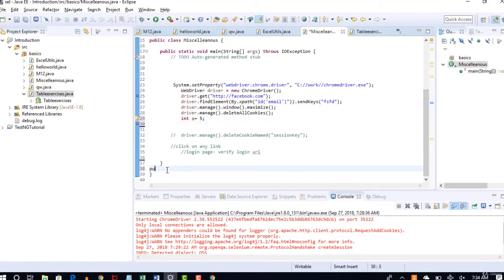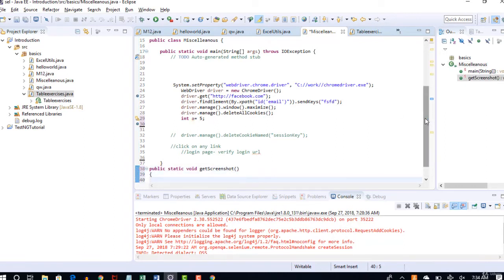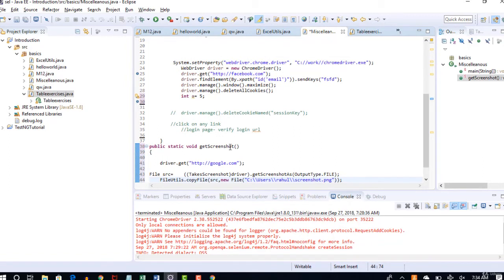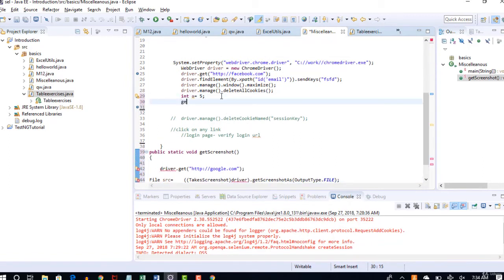So I'll define a method, public static void getScreenshot. Basically I am creating a method, and I'll pass the driver inside it, so that WebDriver. Perfect.